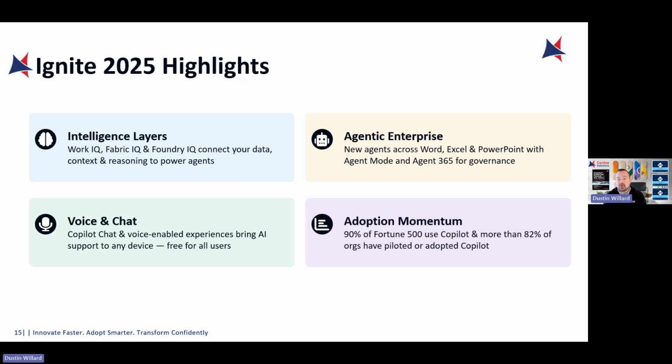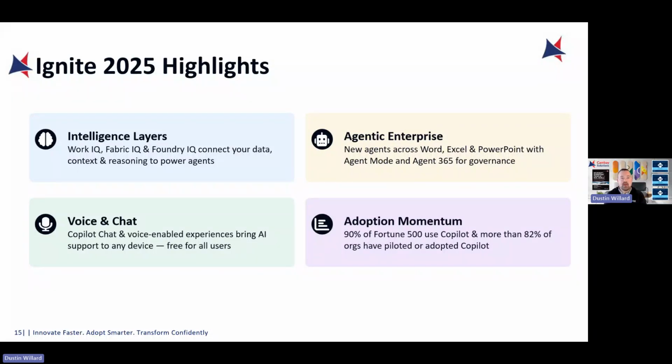Adoption and momentum. So 90% of Fortune 500 companies, they announced, use Copilot today. And more than 82% of all orgs across everywhere have adopted or piloted Copilot, in the Fortune 500. And so that's a pretty large adoption rate.